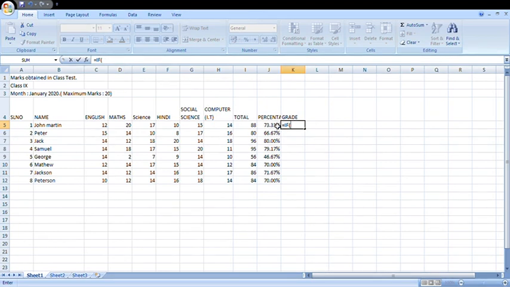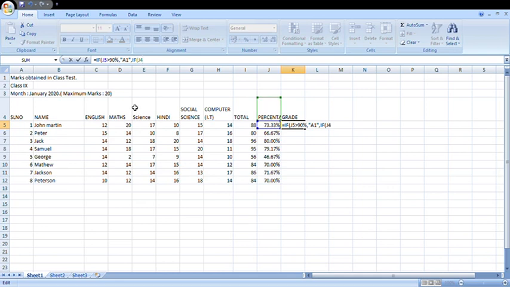What cell are we going to refer to? We are going to refer to J5. If J5 is greater than 90%, then it becomes A1. Now keep in mind one more thing. Here we are using comma and here we are using double quote. When you are giving this quote, you should use the shift key. Then comma, then again if